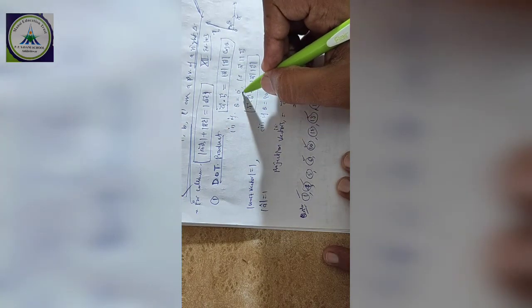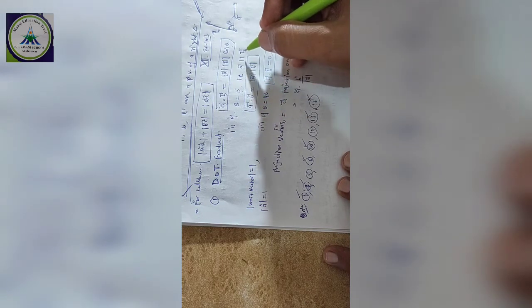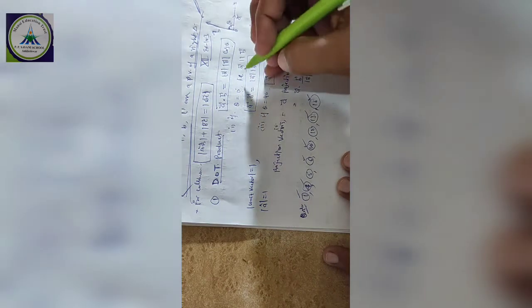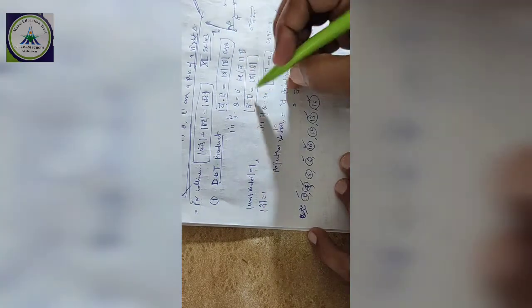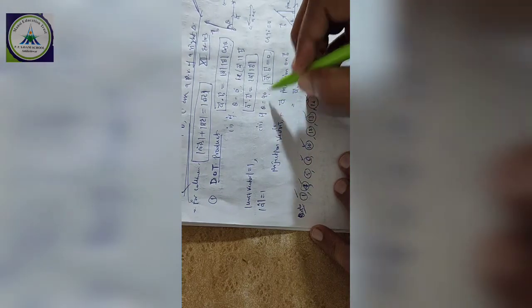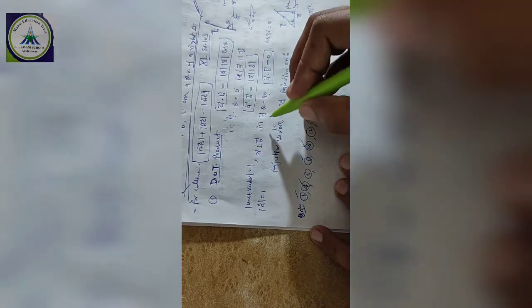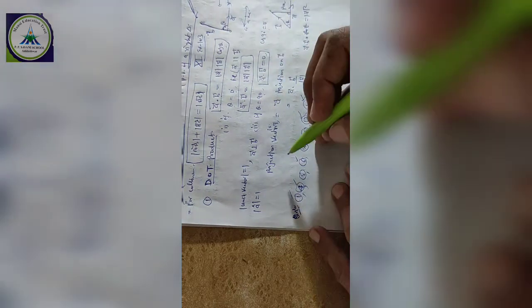If theta equals 0, then vector A is parallel to vector B, which means they are linear. Parallel vectors have 0 degrees. And if theta equals 90 degrees, the vectors are perpendicular. So vector A perpendicular to vector B gives vector A dot vector B equal to 0, because cos 90 equals 0.